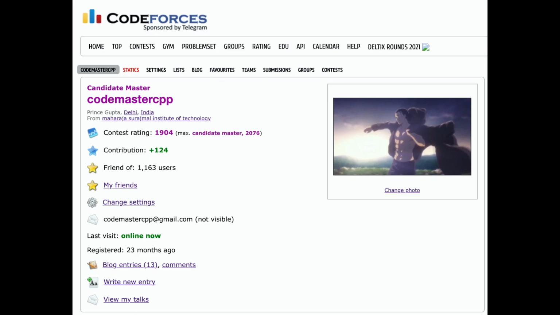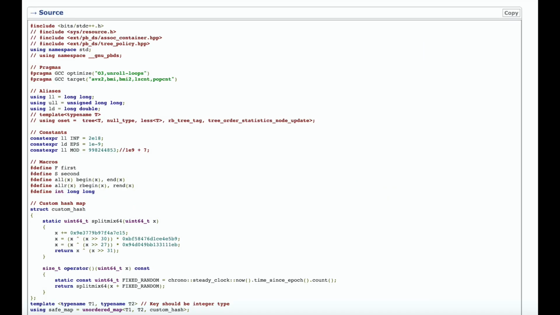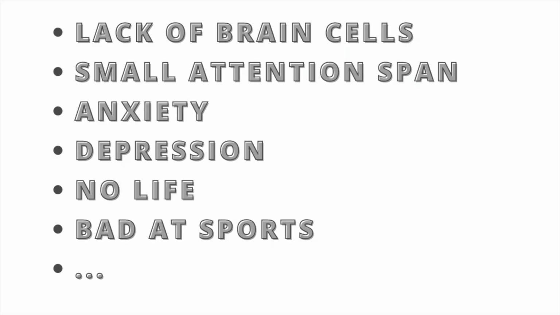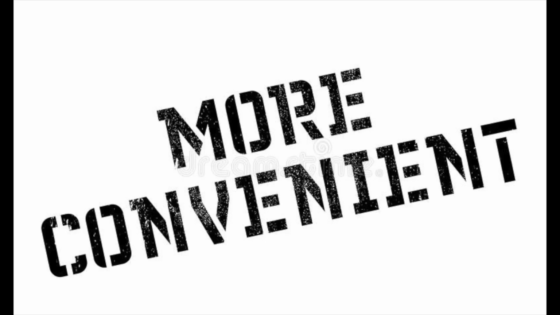If you have been doing CP for any amount of time, you must have seen submissions with code like this, and must have wondered what is wrong with this person and why he clutters his code like this? Well, a lot of things are wrong with me really, but that aside, the reason I clutter my code is